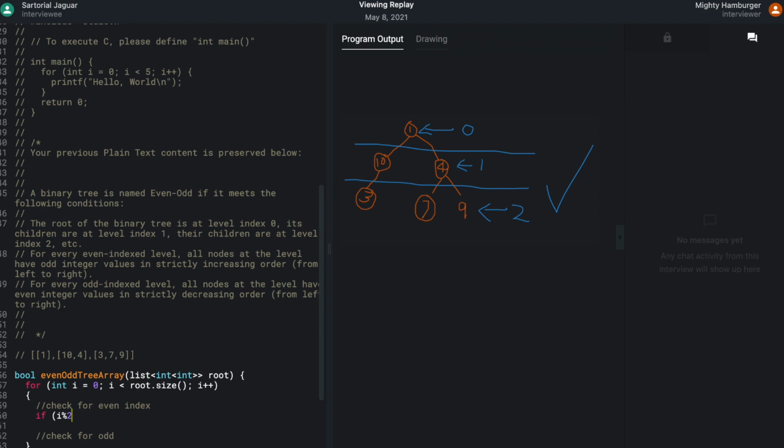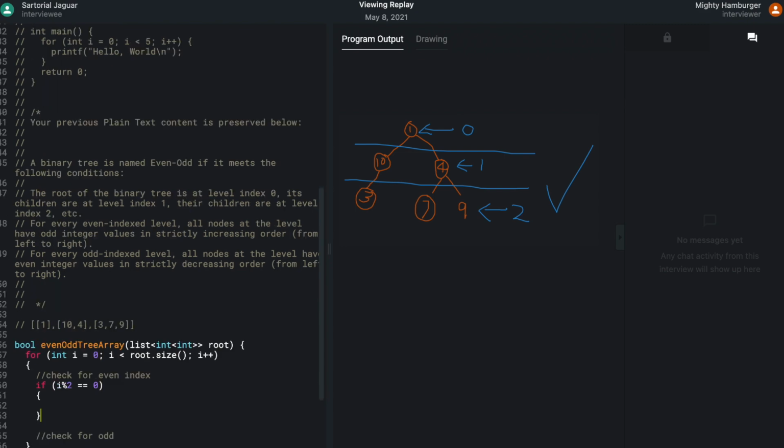If i is 2, 0, or 4, it's going to be 0. If even index, check every member of the sublist to see if odd.